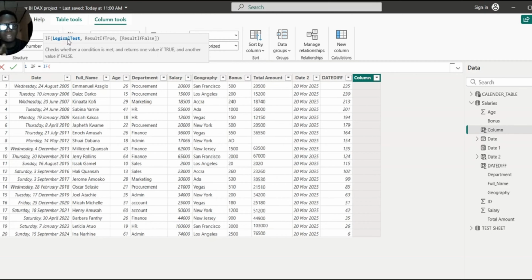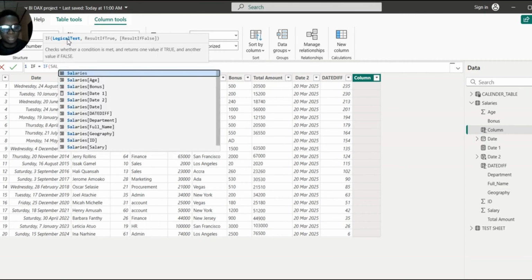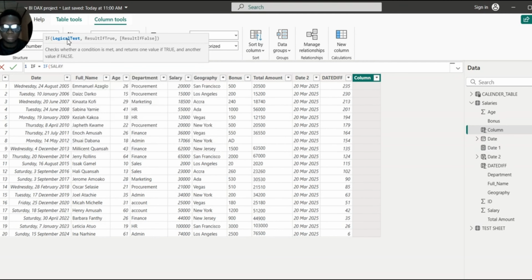Salary. That's the logical statement. And so if salary